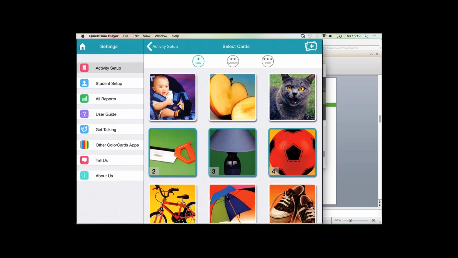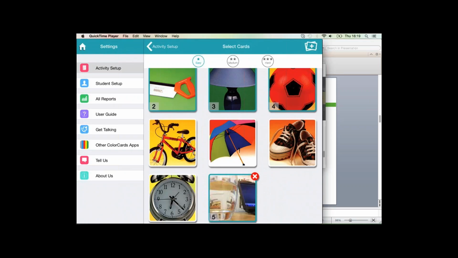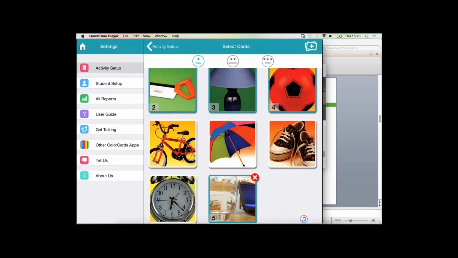And then I can tap on that glass to add it to the items that I want to use in my game. So then we go back, and so that will be the 4 or 5 images that we use for Melanie's task. The next thing I want to show you, which as I said is consistent across all of the apps,